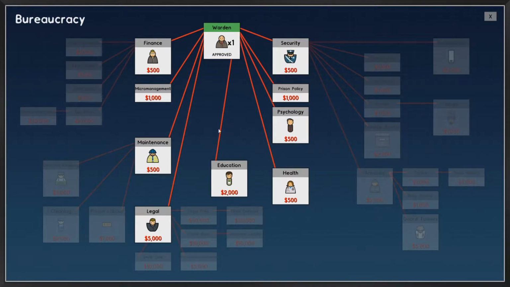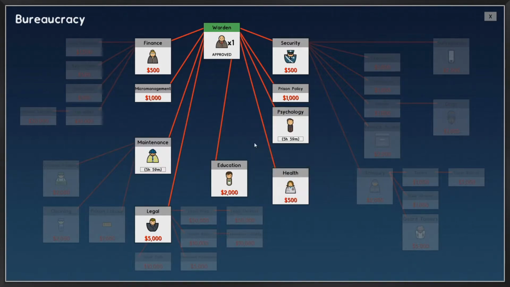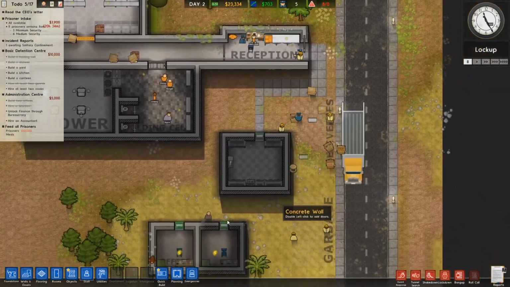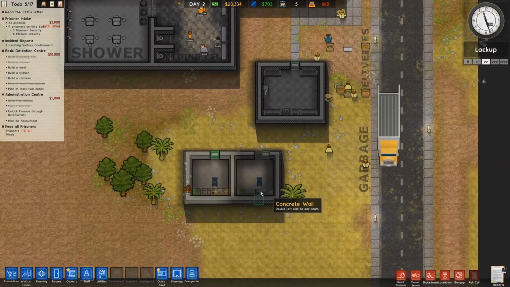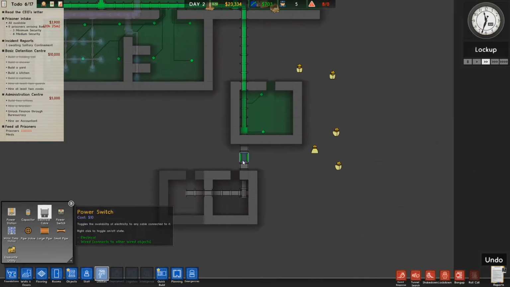Okay, so we do want, well, not that, but we do need to get this stuff here. There you go. Just so he has his little office that he can go into. Did I not? Oh, they didn't finish it all because of the...